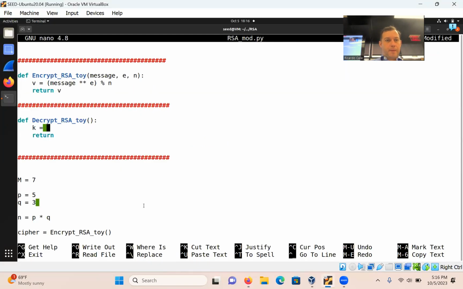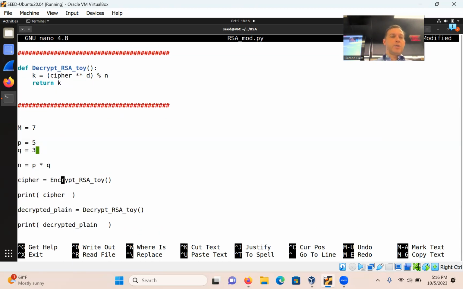I'll use parentheses again. This time it would be the cipher to the power of D, right? The decryption key mod N. Okay. All right. So return K. So now we can go over here, and we know that encrypt RSA takes message,